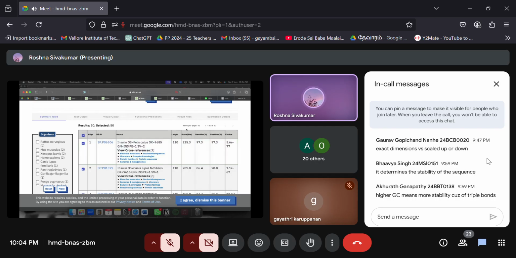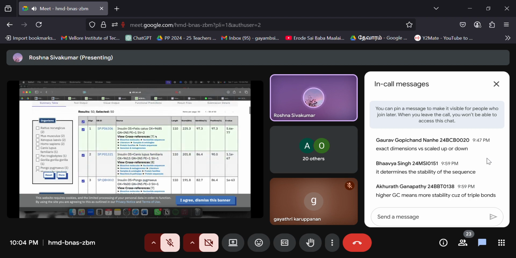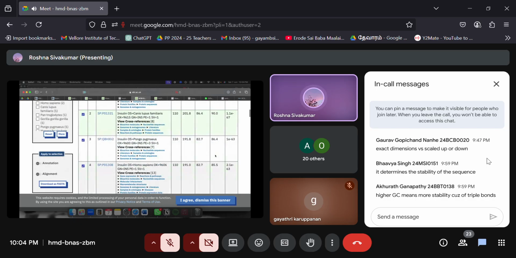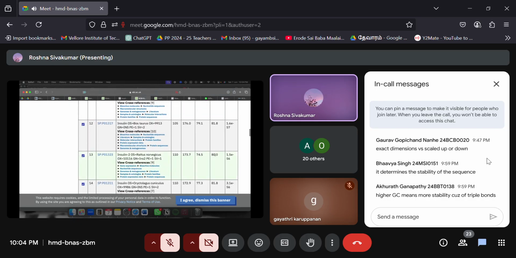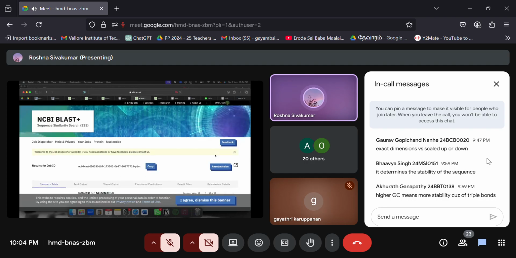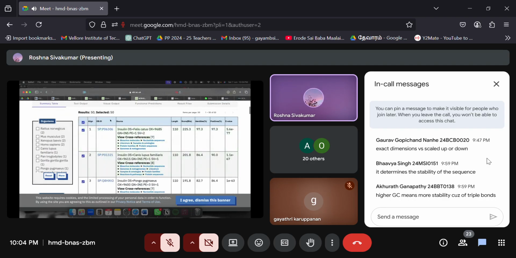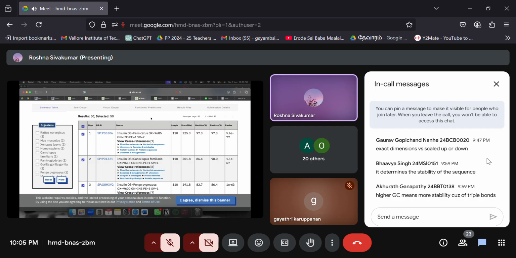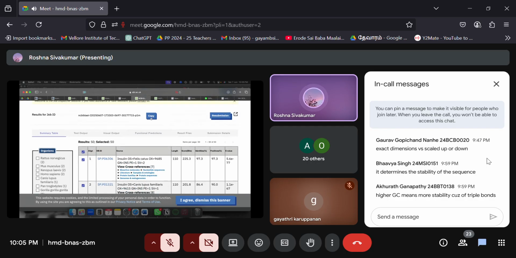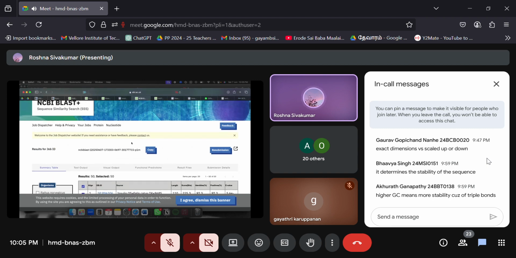Other parameters are something we will go into detail on when you require it. But right now, one thing that we all can see is identity percentage. And as you can see, it is always ranked from the highest identity to the lowest, and it just goes on and on. So this is our highest similarity sequence, which is the insulin gene of Felis catus, which is a cat, I guess. All right, so this is your BLAST.